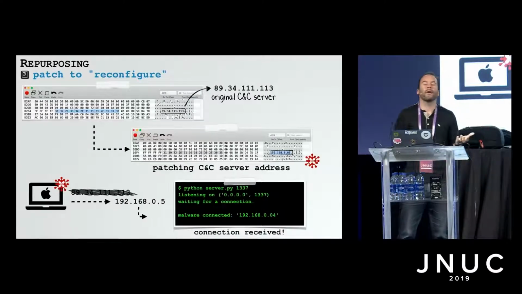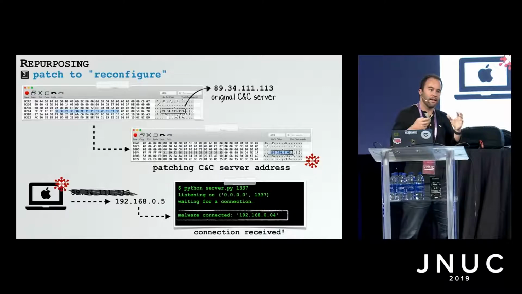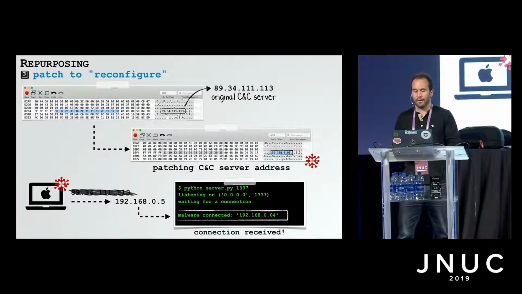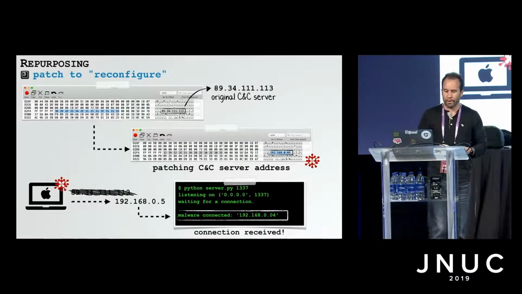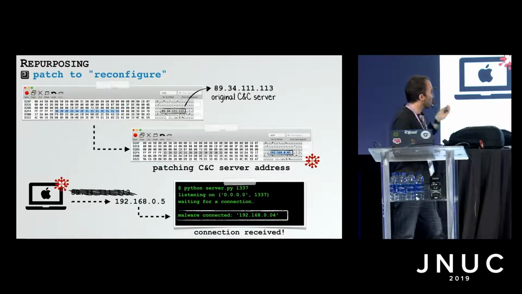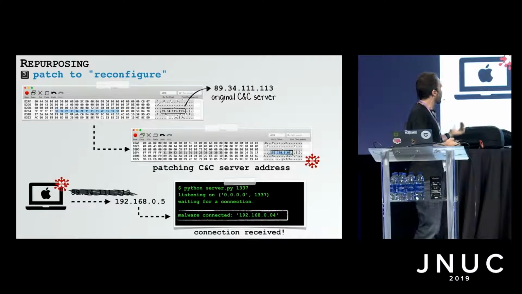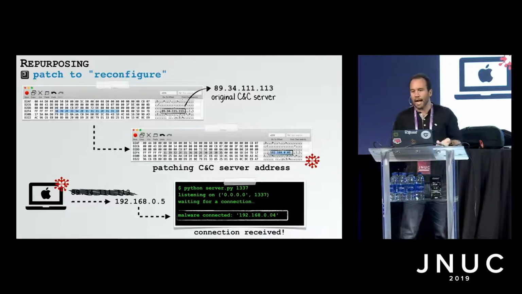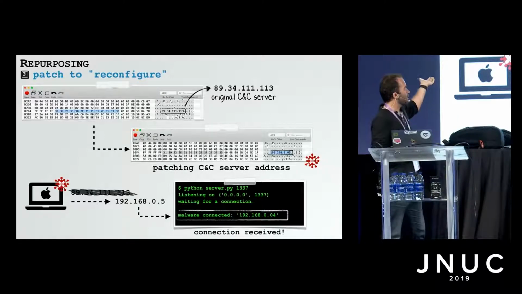So once we have a comprehensive understanding of the malware, we can then go and repurpose it. Generally this is going to involve patching out various strings or embedded config information that's in the malware's binary. So here, for example, we have a piece of malware that has the embedded IP address that we saw on the previous slide. We can just open this in a hex editor, go to the offset where the address is,